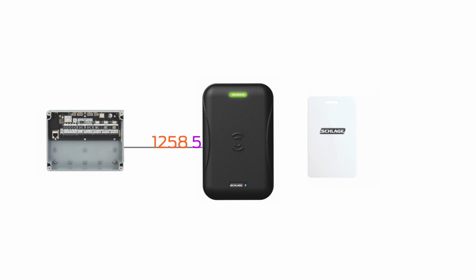So let's explore some ways that numbers are stored on cards and how that relates to terms like 26-bit and facility code. For just a minute, we have to get a little technical, so hang in there. Look at this number. You probably know what number it is. In fact, you recognized it so quickly and are so used to reading numbers, you probably forgot how you actually do it. Back in grade school, your teacher taught you about the ones place, the tens place, the hundreds place,